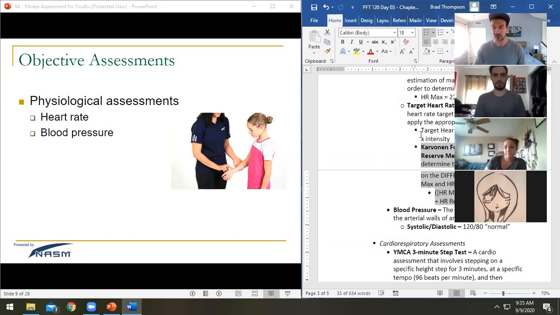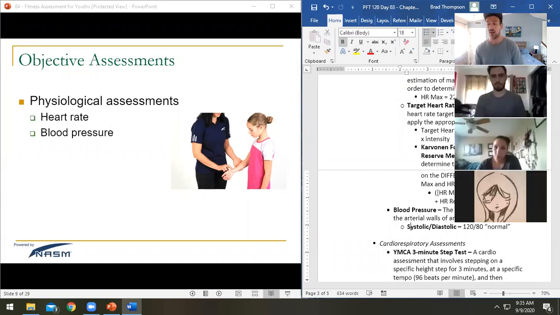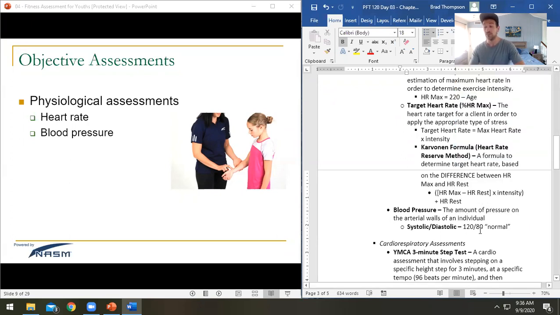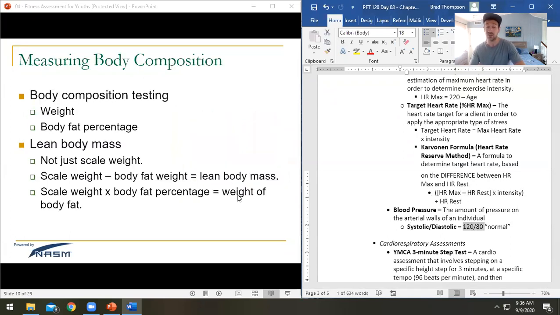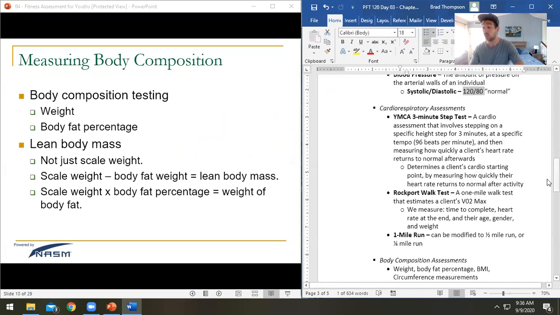And then the last thing you're going to gather before you leave is blood pressure, if you do it. This is kind of outdated. Not a lot of gyms actually do blood pressure anymore. So a lot of times you're not going to have blood pressure cuffs at the gym that you work. But typically what we are looking for is a blood pressure of 120 over 80. If our client is at 140 over 90, that's going to be a client who has hypertension, or high blood pressure. And if that is the case and they were not aware of it,